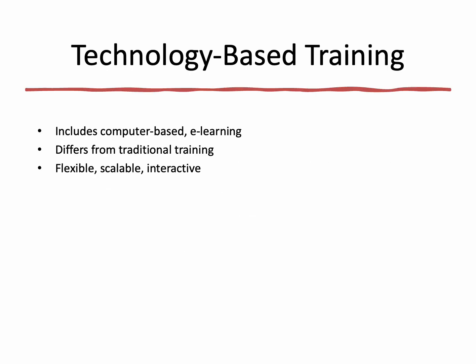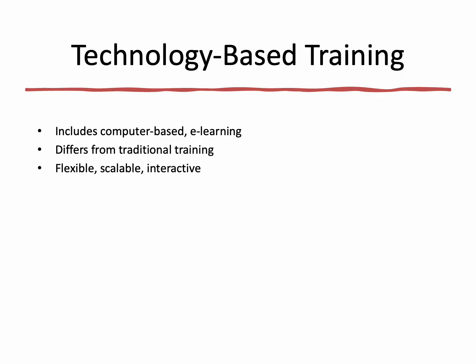Technology-based training includes computer-based training and e-learning. Differing from traditional classroom training, computer-based training uses software, while e-learning leverages online platforms, offering flexibility and interactivity. For example, an e-learning module on safety protocols allows self-paced learning. These methods are scalable but require technology access. As we discuss this, consider how technology enhances training in your industry. They are effective in fields like IT or corporate training, where flexibility and interactivity improve engagement and accessibility, ensuring diverse